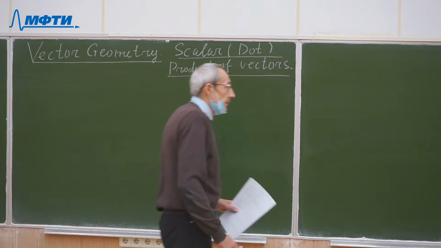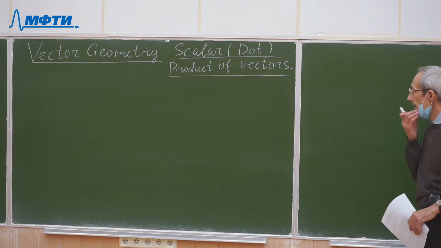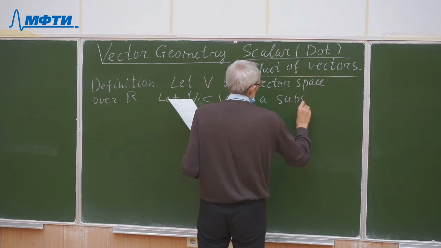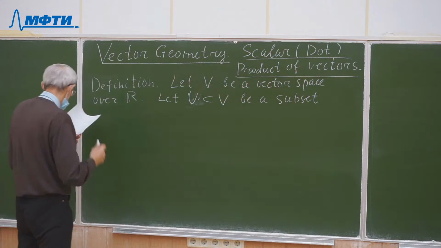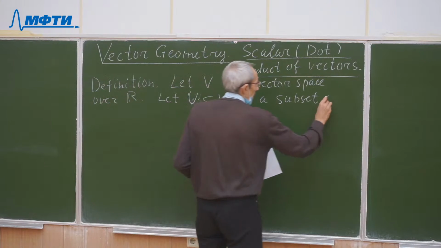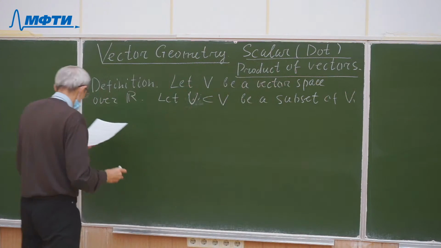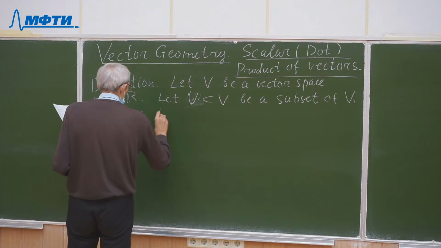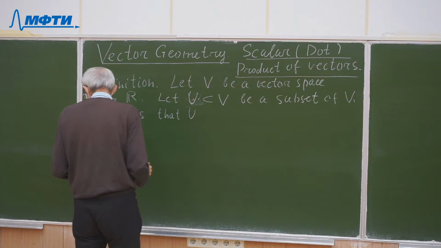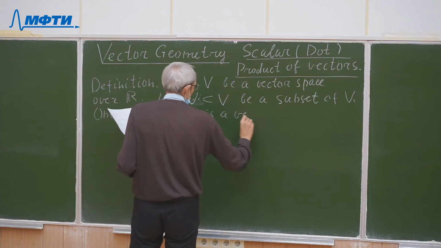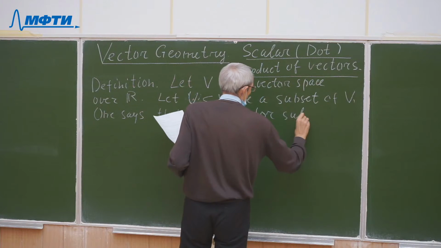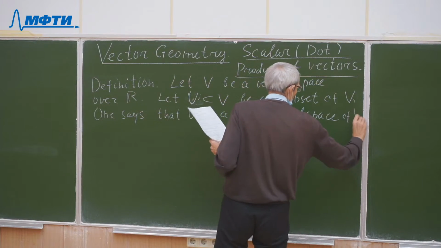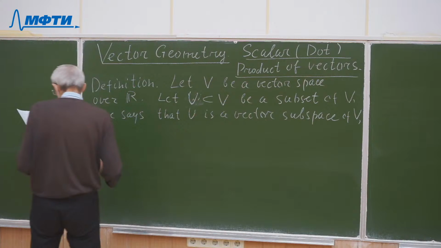First 10 minutes we will... Let U be a subset of V. One says that U is a vector subspace of V if